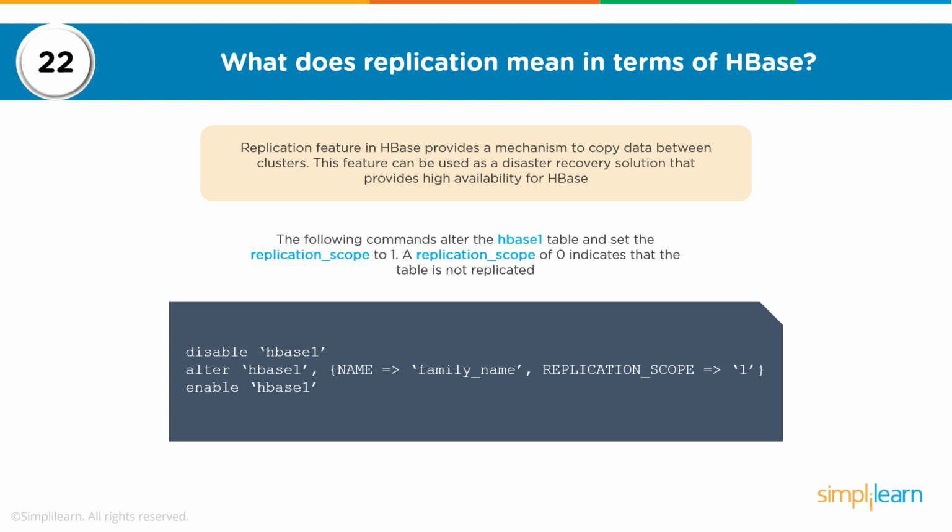So I could alter the HBase table and set the replication scope to 1. Now, a replication scope of 0 indicates that the table is not replicated. But if we set the replication scope to 1, we basically will have to set up an HBase cluster where we can replicate HBase table data from cluster 1 to cluster 2. So these are the commands which can be used to enable replication and then replicate the data of a table across